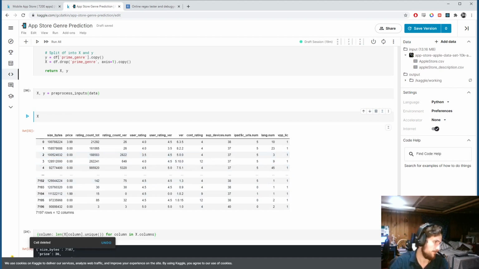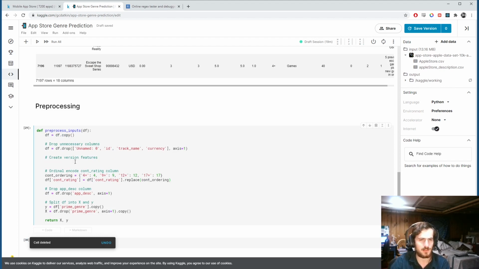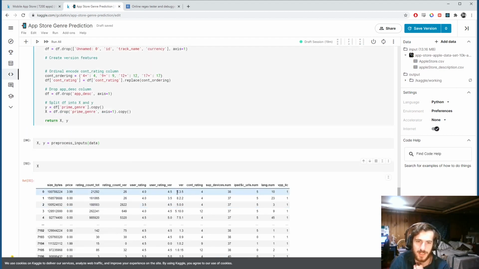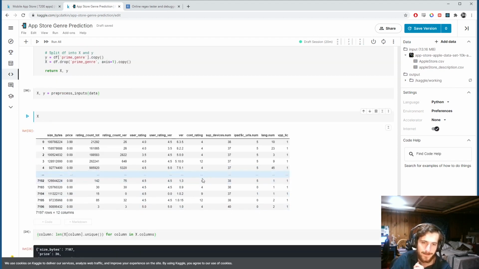Alright, so let's do the versions. So this one is a little trickier, but not too bad. Basically what we're going to do is write a function that's going to take one of these, and it's going to return 3 values. The major version, which is the first value here, the minor version, and the patch version. And you'll notice that not all of the